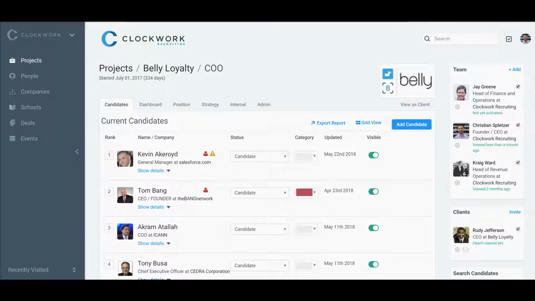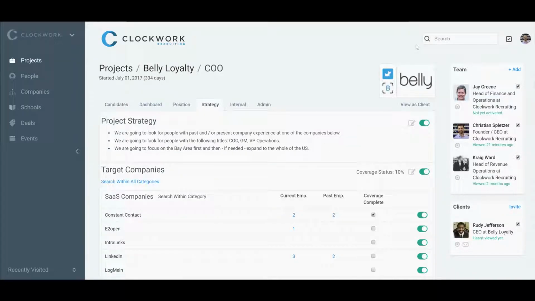If you don't have a path to success, if you haven't defined what success looks like and how you're going to get there, then your client's always going to be wondering who else is available. But taking a very strategic approach is built into Clockwork and starts with this strategy tab, the project strategy. Where are you going to look for candidates? What should the candidate have in their background, or what are the attributes a candidate has that defines them as